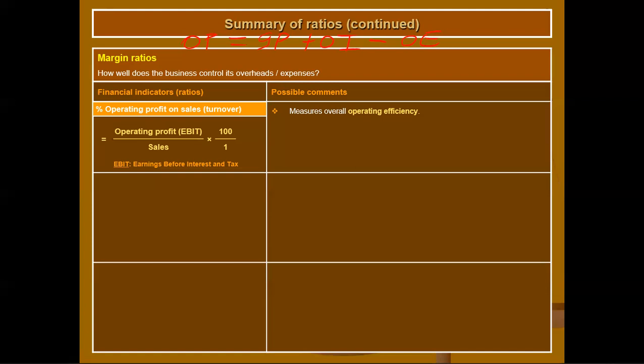In essence, guys, your operating profit percentage must be higher than interest on loan. When you think about it, it must be higher than interest on loan. And it also must be higher than your tax rate. Because if it's not higher than your tax rate, it simply means that you might not be able to pay those people. Okay. And remember that, guys, this is just on sales. So if you don't generate a percentage that is higher than your interest on loan and higher than your tax rate, then how are you going to pay SARS and how are you going to pay